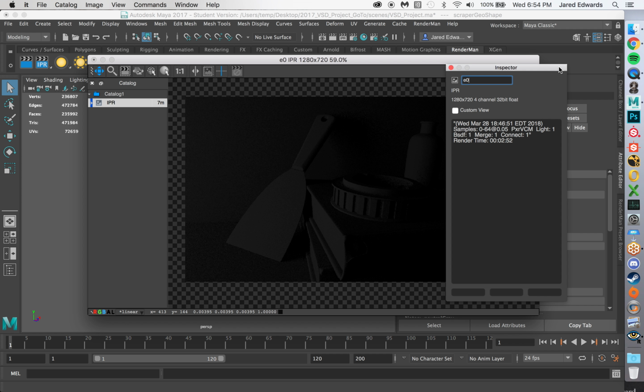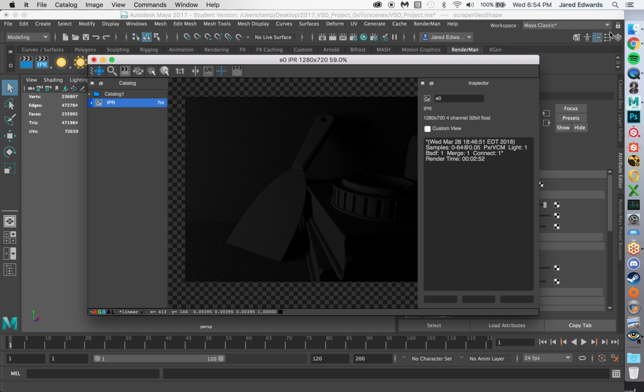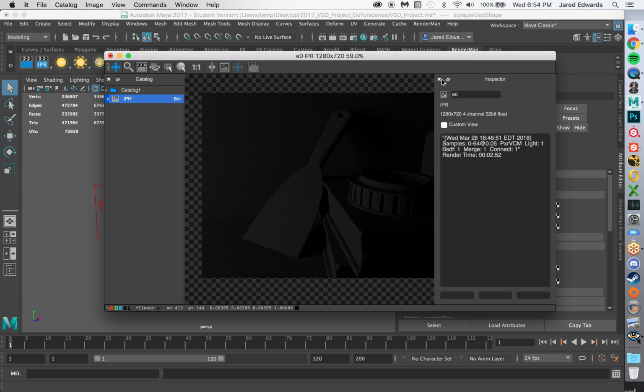Let's see here. Should snap into place. There we go. Okay. With the inspector, all these can be moved around, by the way. You can disconnect any part of this and put it into a new spot. But this guy is kind of cool because previously I'm sure you've had something like shading and lighting where you